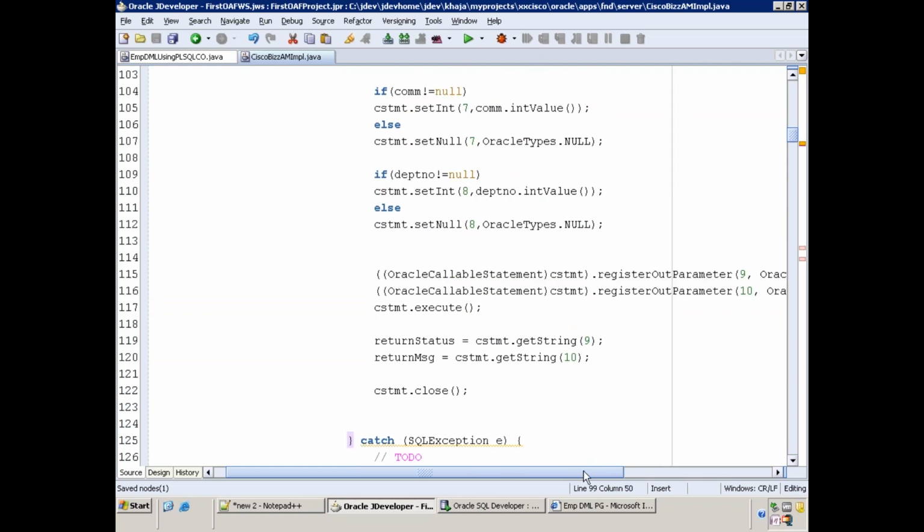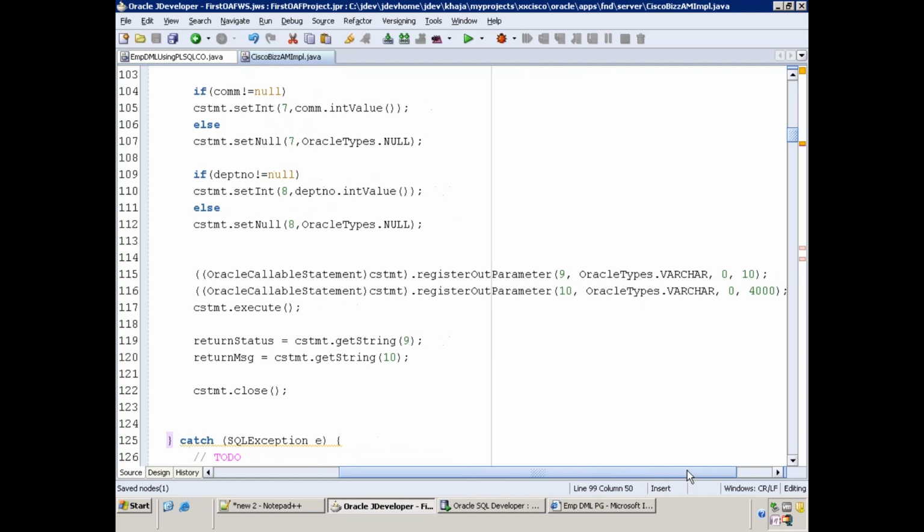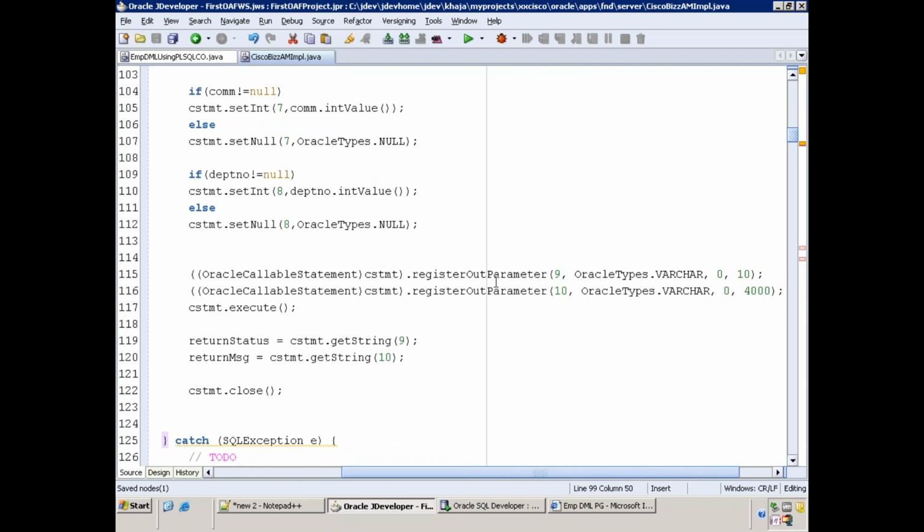And after that, as we have told you, there are 2 out parameters, right? We have to specially register them. Callable statement dot register out parameter, mention the binding sequence and mention the data type of the output parameter and set the size of them appropriately and then execute. This is a final statement. Until unless, before calling your execute, you have to set all the things. Set the input parameters properly, set the output parameters properly, and then call your execute statement. Clear? Okay.